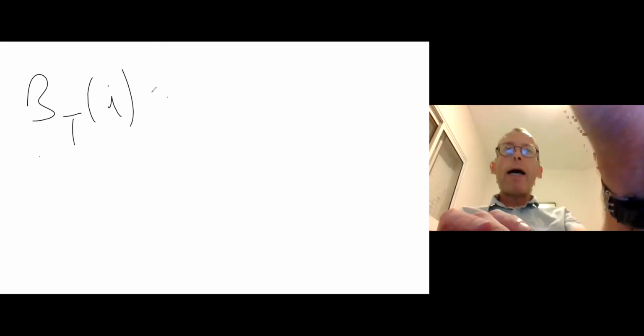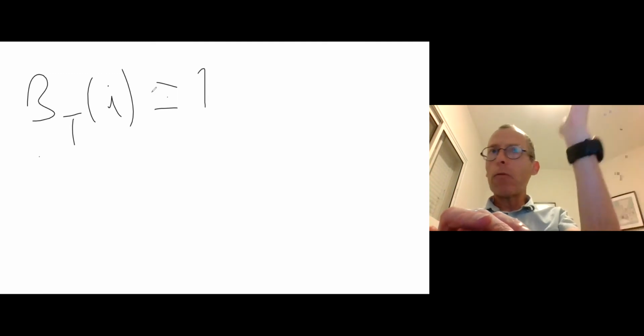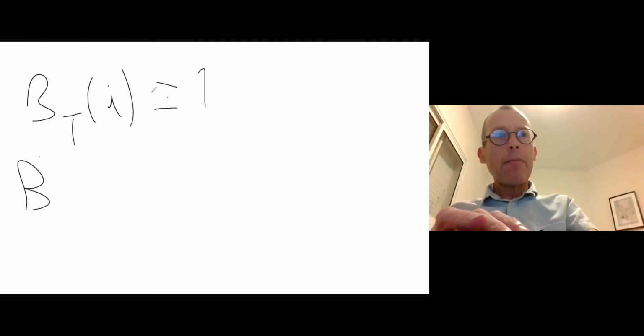Right, so beta_T(i) we set to 1, or we just have a base case there. And then beta_{T-1}(i)